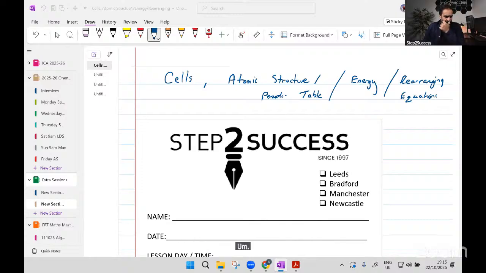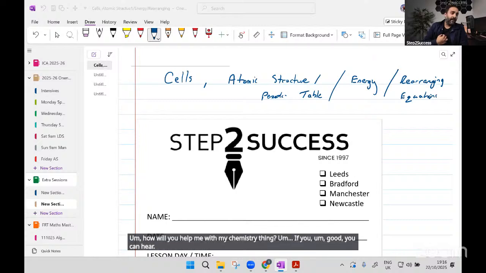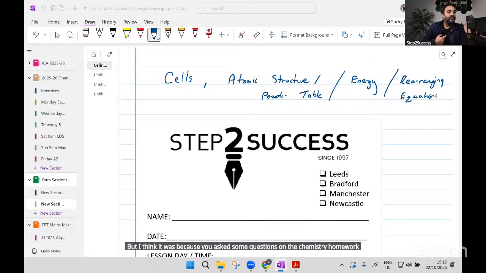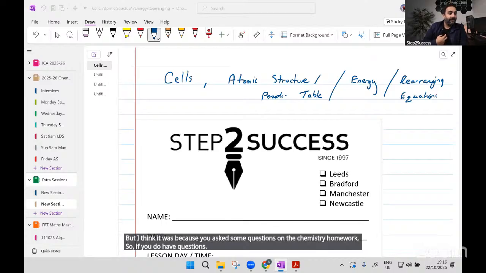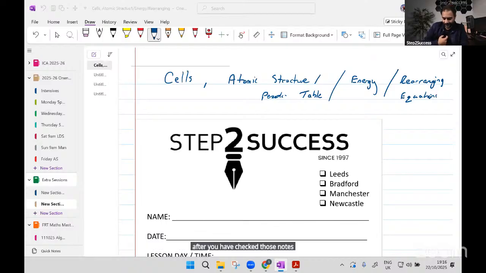How will you help me with my chemistry thing? I can't remember what that chemistry thing was, but I think it was because you had some questions on the chemistry homework. So if you do have questions after you have checked those notes that I gave to you, then just let me know and I will get back to the chemistry homework as well. But to start with,